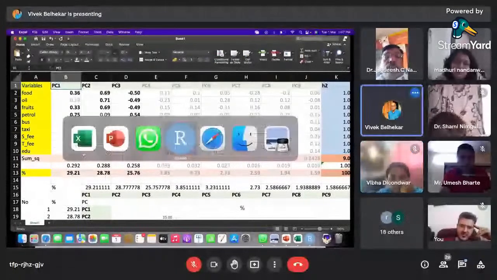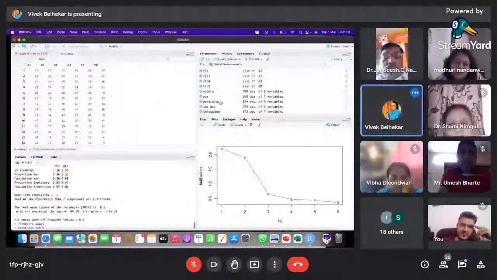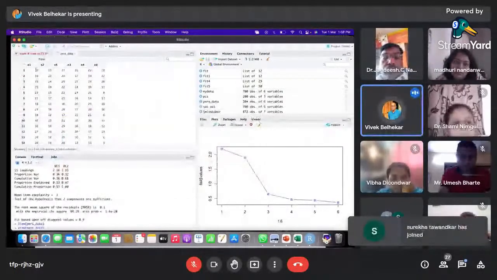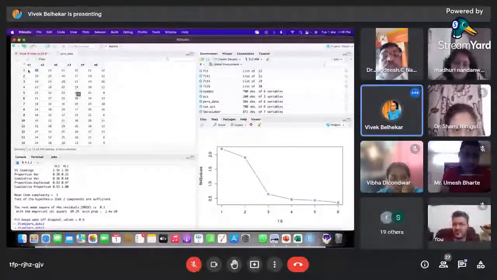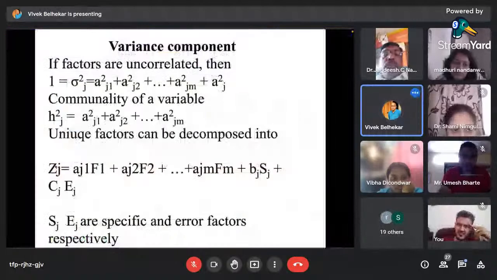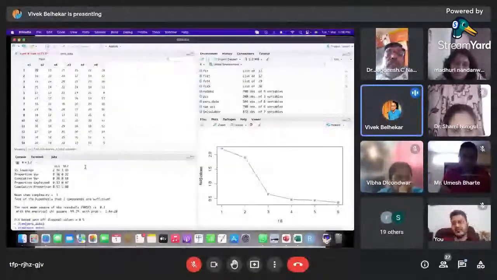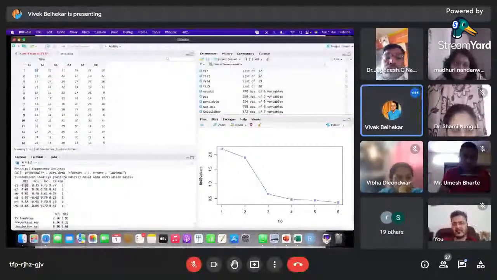If I, yeah, this 19 is Zij. I is this individual, J is this variable. This 19 is equal to, so when I say, look at this, 19 is equal to aij1. Aij is this value. First factor,